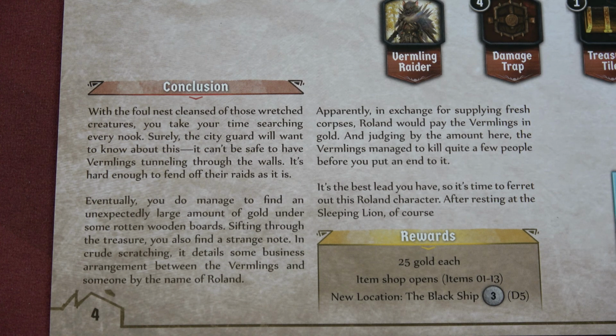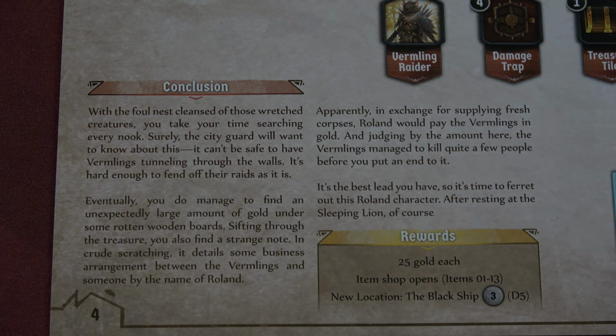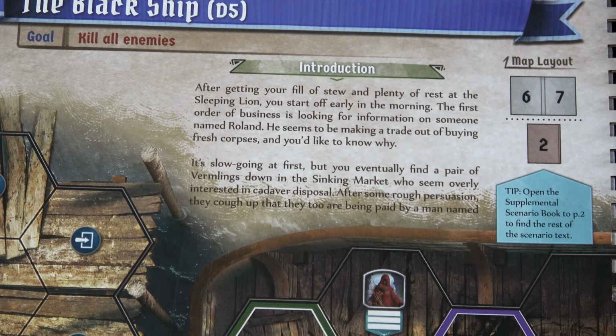And judging by the amount here, the vermlings managed to kill quite a few people before he put an end to it. It's the best lead you have, so it's time to ferret out this Roland character. After resting at the Sleeping Lion, of course. After getting your fill of a stew and plenty of rest at the Sleeping Lion, you start off early in